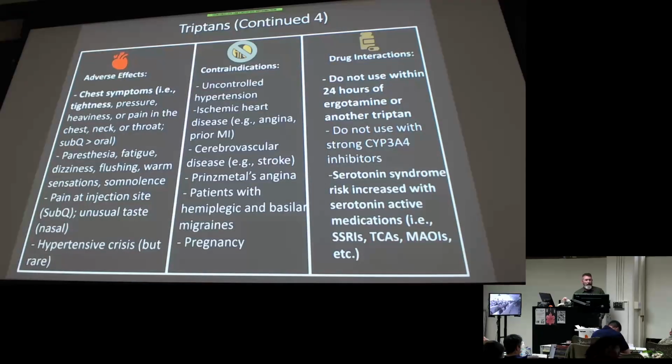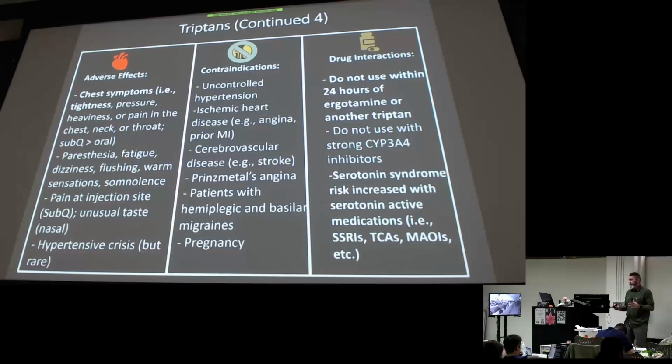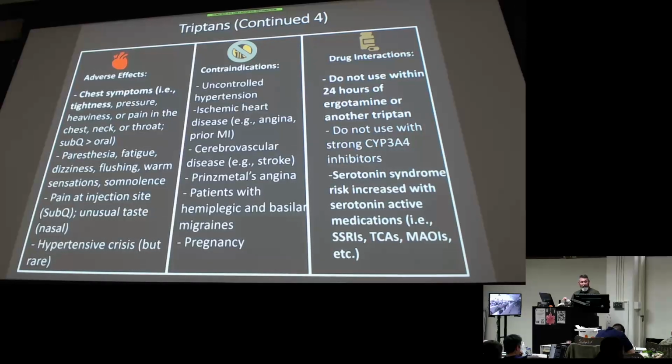So here's a nice chart for adverse effects. They're vasoconstrictive, so your patients will experience some tightness, chest tightness and pressure, right? Head, neck, chest. When you give these, or if you've ever seen it, give it to a patient, they're like, oh, that feels a little funny, right? I'm feeling a little tightness in the chest. As long as they don't have one of these major contraindications in the middle, that's okay, it's expected. You can get some finger numbness, some paresthesias. They can feel a little fatigued.